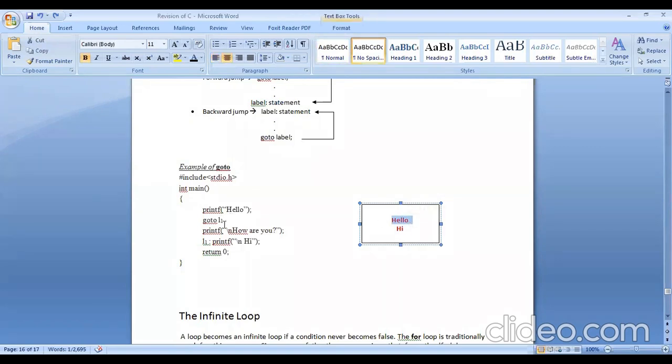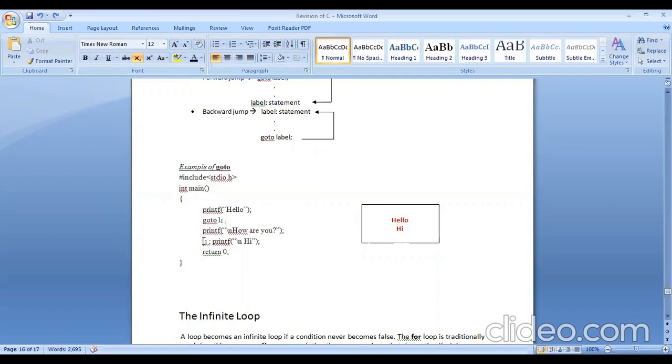Then, followed by the printf statement, we have the goto statement now. Okay, now what? See, we have goto L1. So this is the label. Okay, so this is one label. Here, goto label will simply transfer the control to that particular part of the program that has been identified by this label L1.